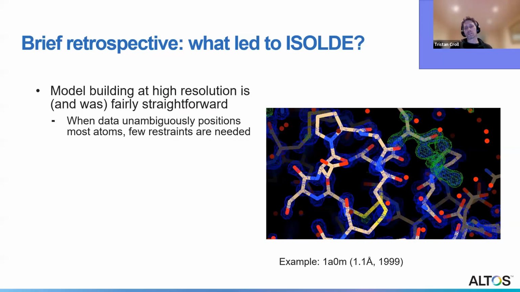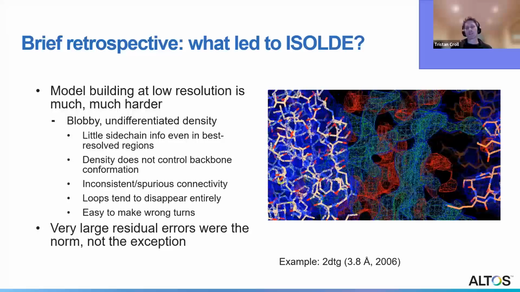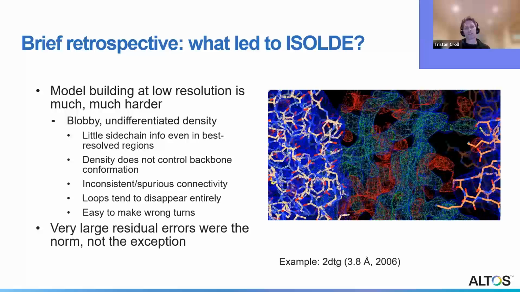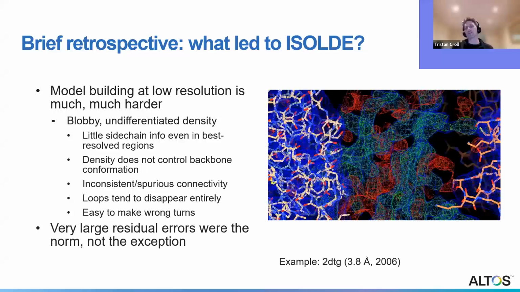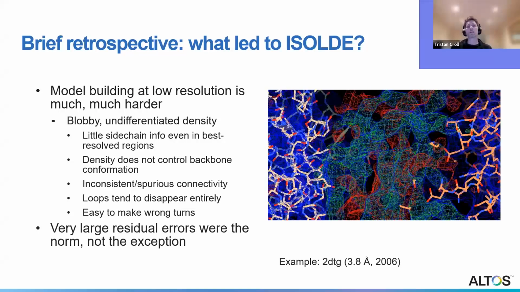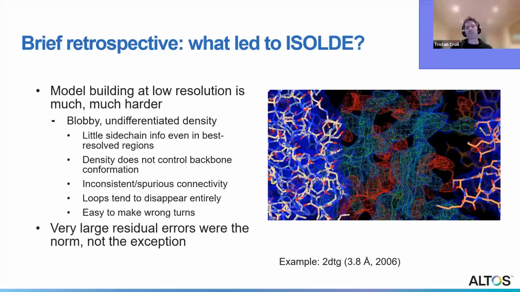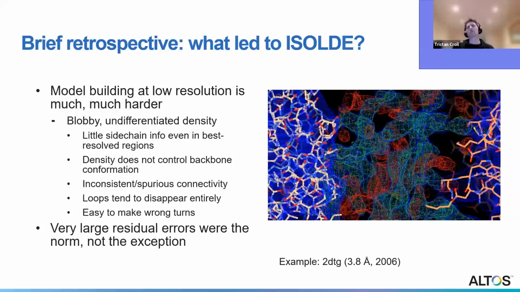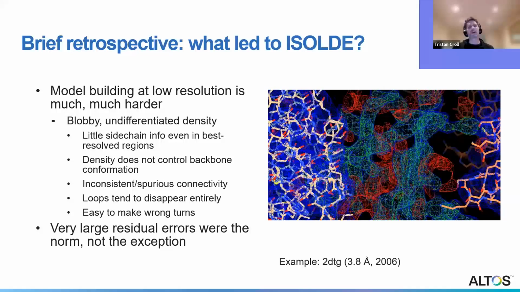Now, this wasn't the sort of data I started with or stumbled my way into. What I started working on in a roundabout way was the 3.8 angstrom crystal structure of the insulin receptor. And of course, at the time, I had no idea of even how to generate an electron density map from structure factors. So I had no way to see the model in its density. And from that outsider's perspective, I distinctly remember thinking, well, 3.8 angstroms, 3.8 by 10 to the minus 10 meters, that's tiny. That model must be pretty good. And of course, that is very, very far from the truth.